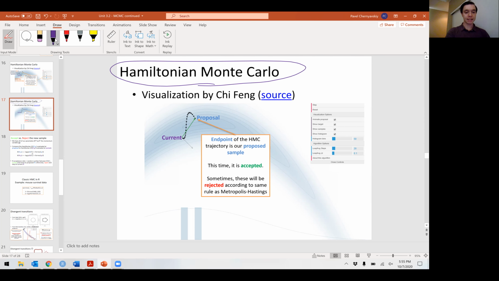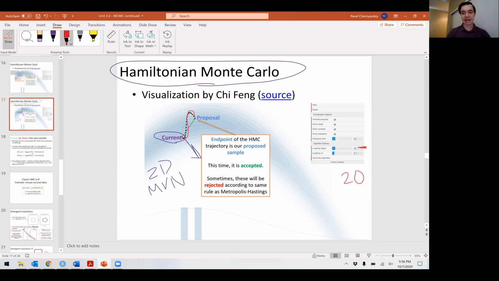So we start at some random location. We impose a random flick of our little marble or particle in some direction out of a 2D multivariate normal. In this case, it's 2D. If you have more parameters, it's however many dimensions you have parameters. And the particle then starts to interact with the gradient of the posterior that you see in blue there. And so the particle follows the posterior for, in this case, however many leapfrog steps we specified, it's 20,